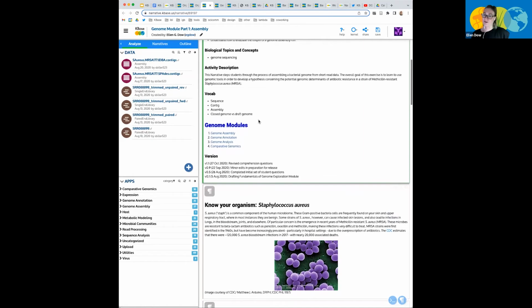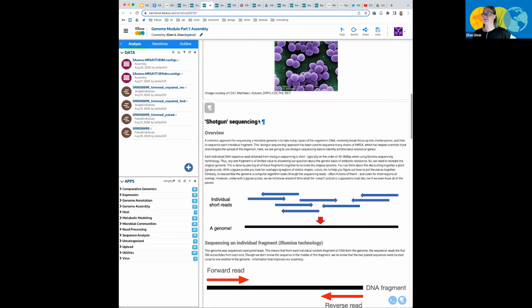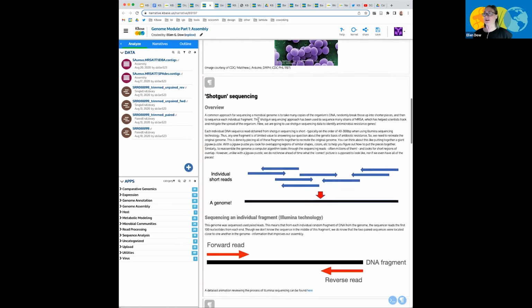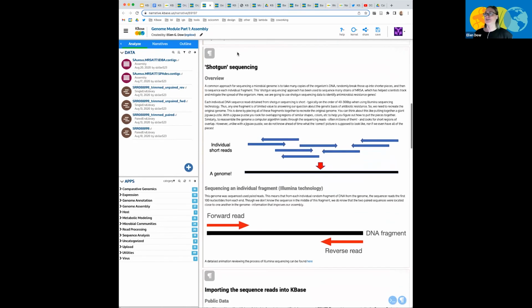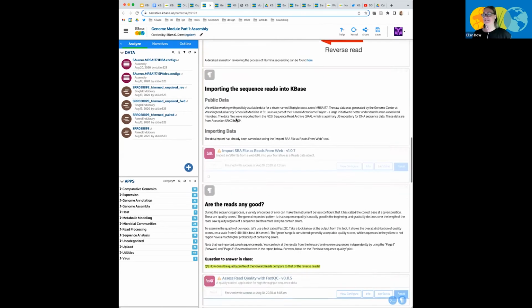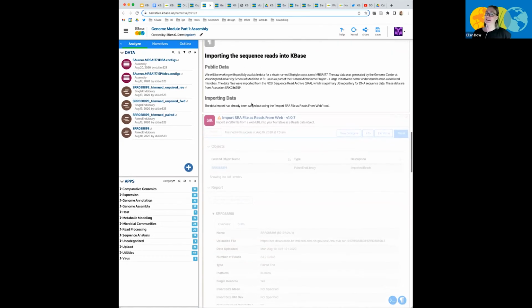This will give you some experience running different applications. There's a bit more information about the data that's used here, and he has some really good background information on what shotgun sequencing is, and then walks you through how to import data, or if the data has already been imported,